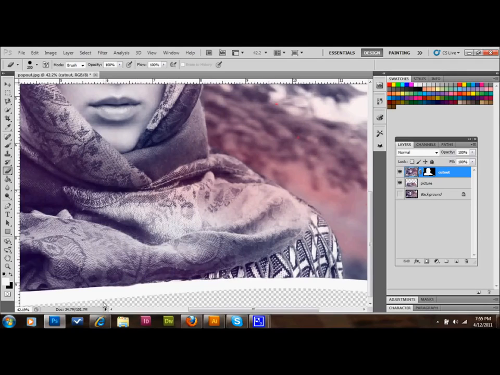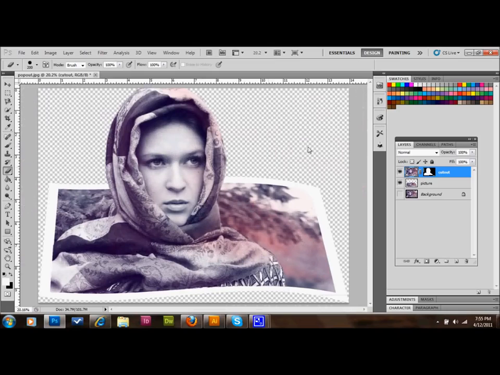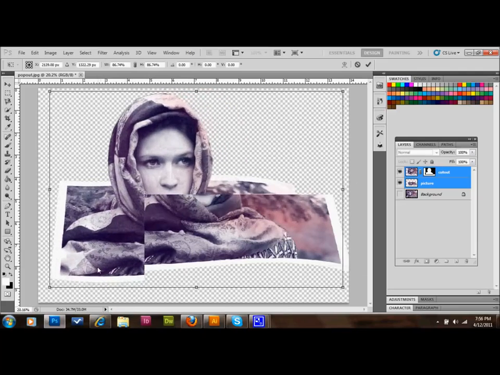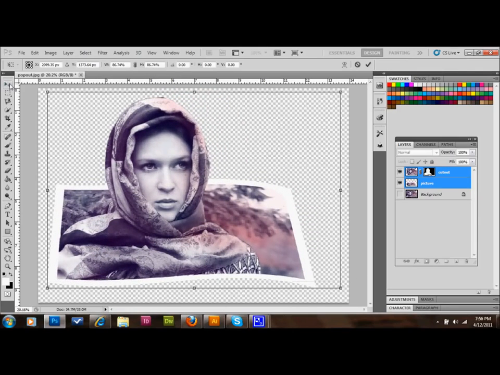Okay, and I did a pretty quick job there. You might want to take your time a little bit more than I did, of course. But this is pretty much what you end up with, and I'll go ahead and select both layers and shrink them both down a little bit so that you can see everything. You press Control T and hold down Shift, and you can just drag in one of those corners and shrink it down a little bit. And press the arrow, press Apply, and it